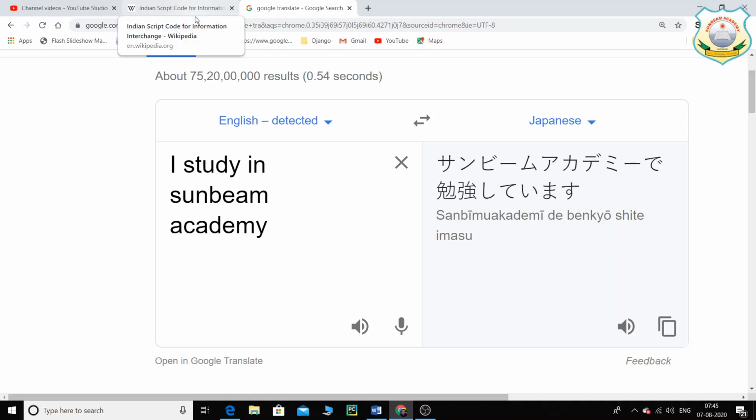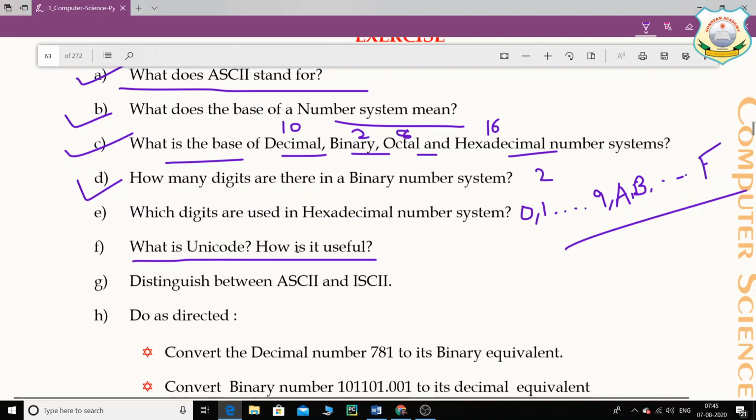So in some way we can communicate with each other. With a person that doesn't understand your language, we can make use of Unicode and communicate with that person. So the world is really changing a lot. And that is Unicode, children.